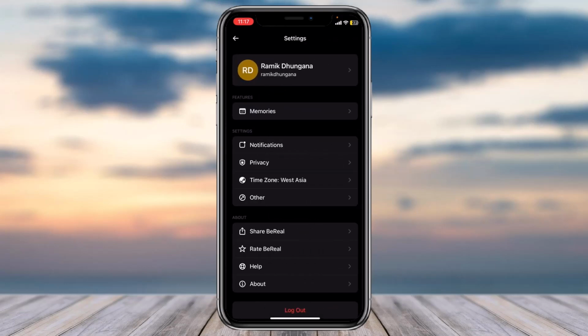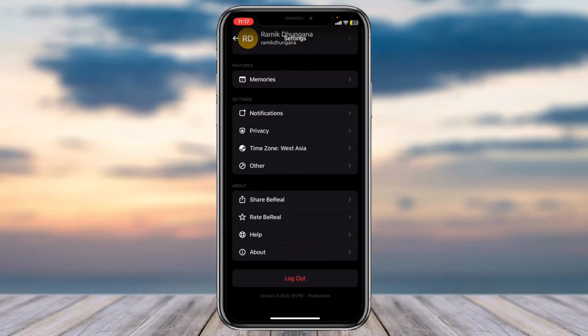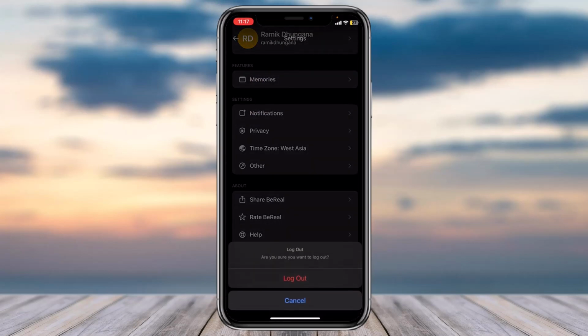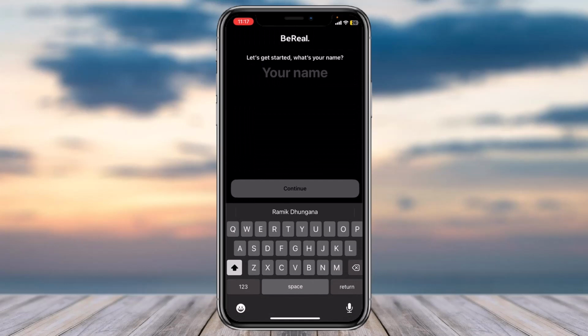After that, you will be taken to the settings page where you'll have to scroll to the bottom side of the screen until you see the option log out. Simply tap on it and then a pop-up will appear asking you whether you are sure you want to log out or not. So tap on the option log out, and once you've done that, you'll have successfully logged out